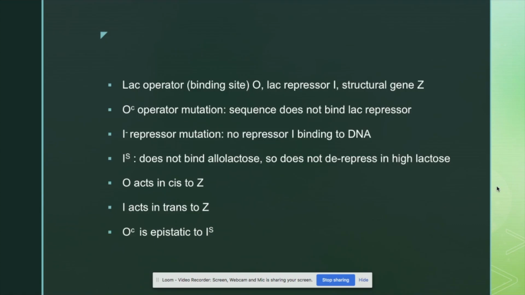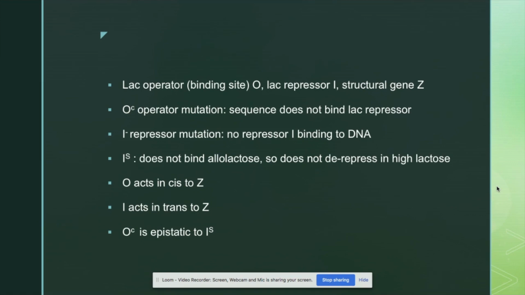Okay, and so we have our Lac operator O site, which is the binding site. We have the Lac repressor I, we have the structural gene Z, and we have mutations of the Lac operon. So the OC operator mutation is where the operator is mutated so that the repressor molecule can't ever bind. The LAC-I repressor mutation is where we get an inactive Lac repressor, and the LAC-IS mutant is a super repressor,